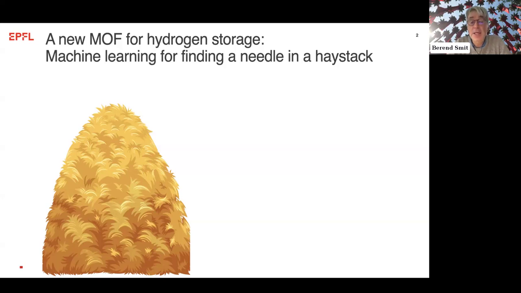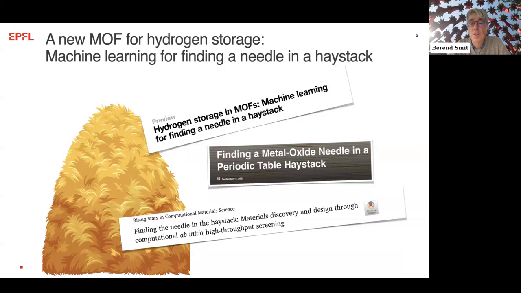And that is actually, if you do materials research, often people say you want to find a needle in this famous haystack. So here we have the haystack and somewhere there's this magic needle of the material with the properties we're interested in. So this is an example of hydrogen storage, where you would like to have a metal organic framework, and I will come back to what that is later on. And you really would like to find the best material, and you see all those titles about finding a needle in a haystack. And then the first question you can ask is,